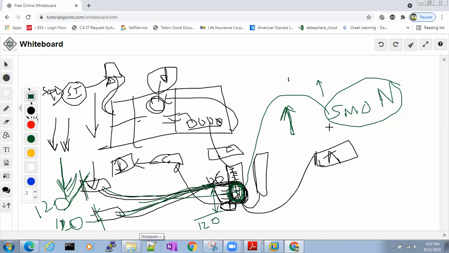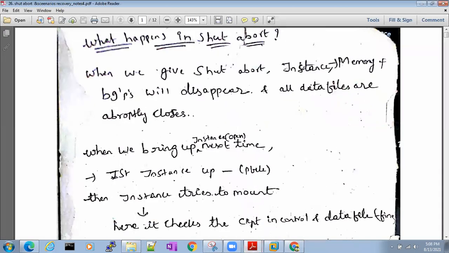Whatever data from 120 to 126 was crashed will be recovered by SMON, the background process which performs crash recovery. Understood what happens in shut abort, everyone? Yes, sir.